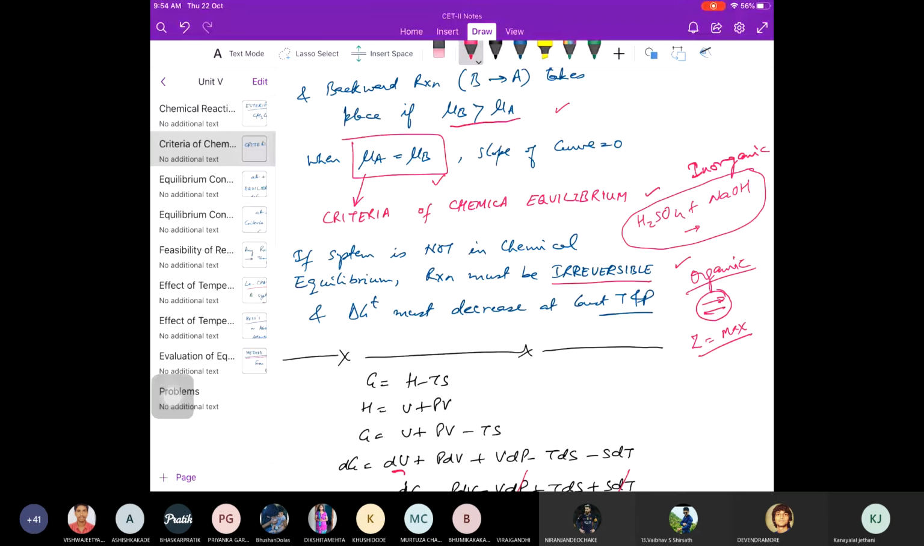Okay, any questions on this derivation? Criteria of equilibrium for a chemical reaction. Yeah, if there are no questions, then let's move on to the next topic,